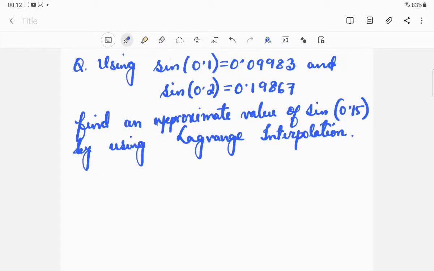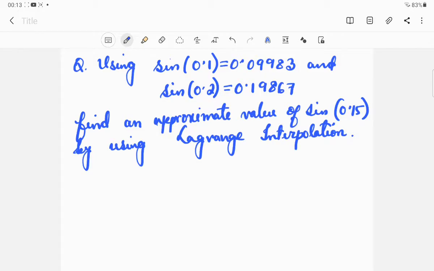Students, today we will solve one simple numerical problem using Lagrange interpolation. You can see on the screen that we are given this problem already. I have solved it in a note, so you need to use your pen and paper first to solve this on your own. But here I will simply explain the steps so that any confusion can be removed.